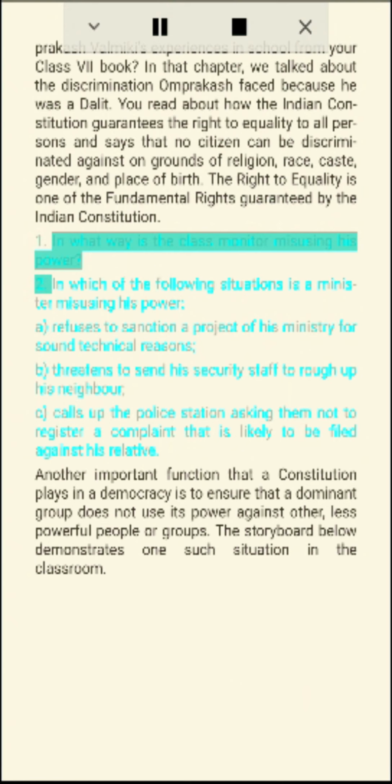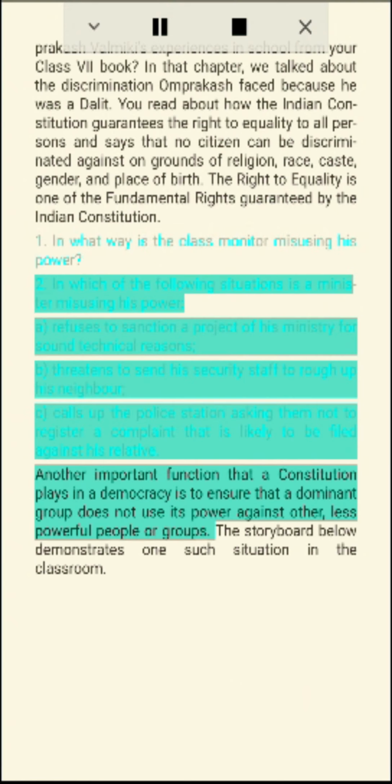1. In what way is the class monitor misusing his power? 2. In which of the following situations is a minister misusing his power? A. Refuses to sanction a project of his ministry for sound technical reasons. B. Threatens to send his security staff to rough up his neighbor. C. Calls up the police station asking them not to register a complaint that is likely to be filed against